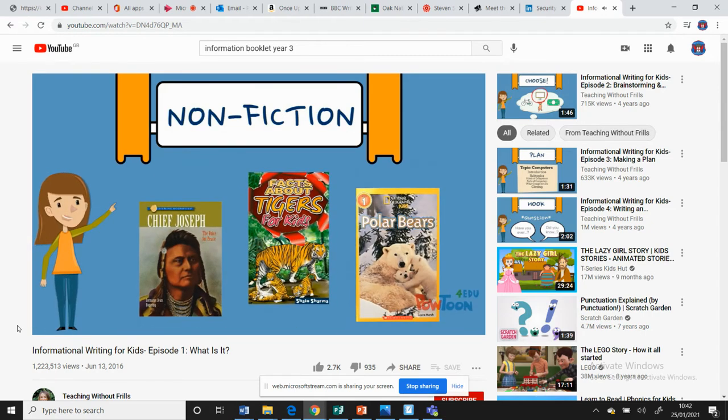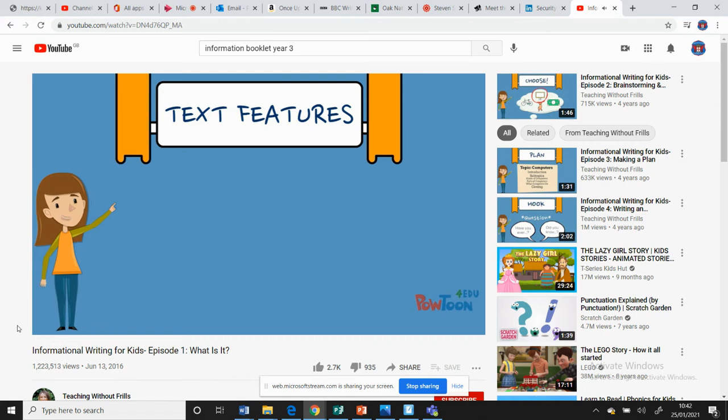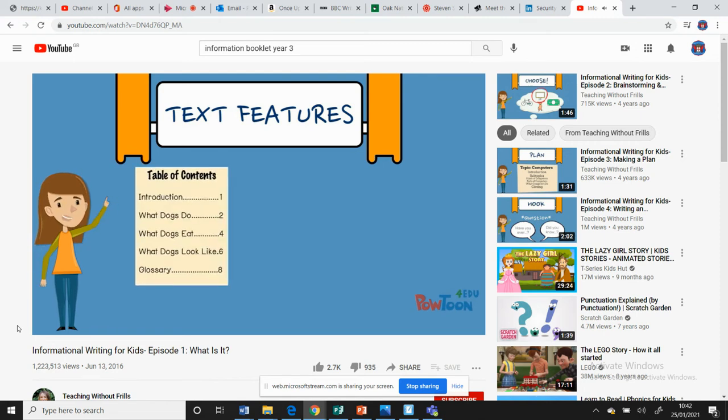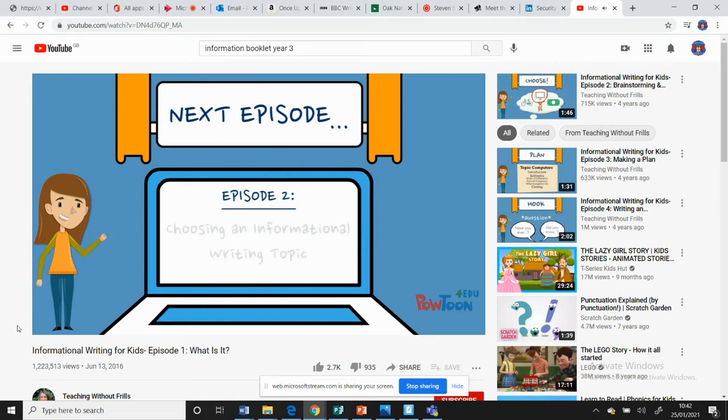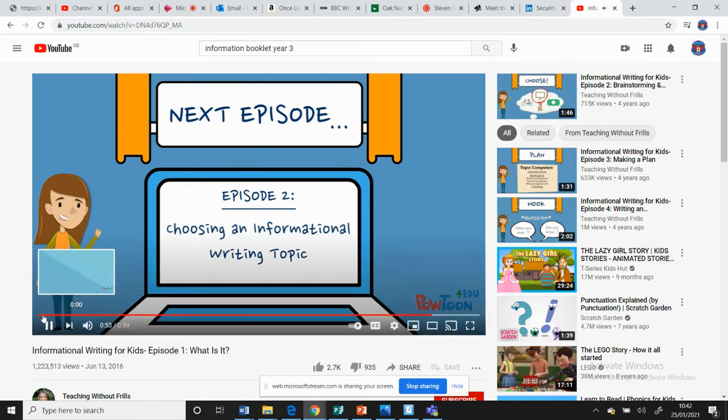These books are nonfiction. They are informational because they teach facts about a topic. Informational texts often have special text features like a table of contents, headings, and a glossary. Check out Episode 2 to learn how you can choose a topic for your own informational